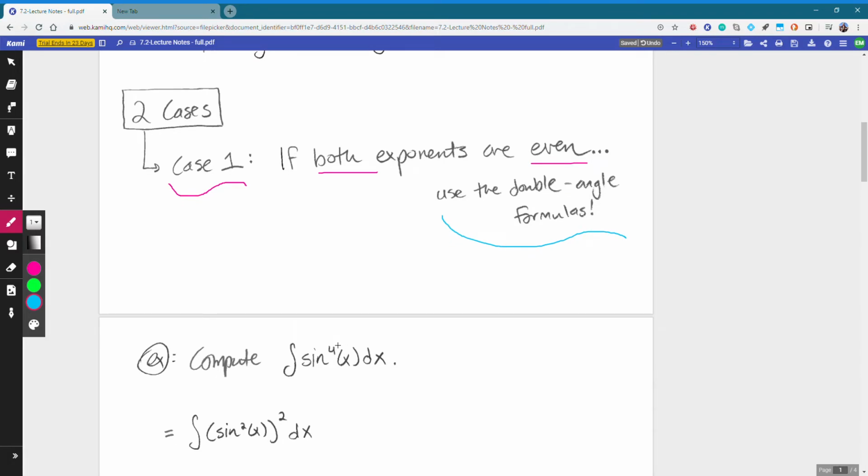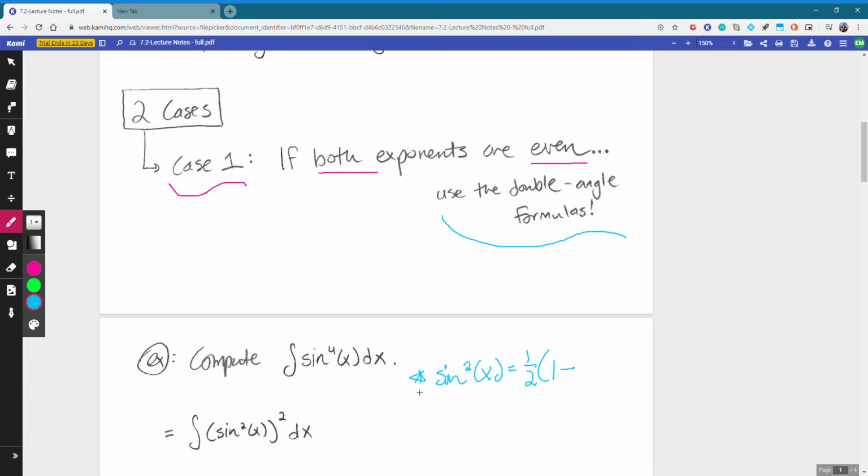All right, so here's our integral. Sine to the 4th, no cosine here, but notice each power that we see is even, and so we're in this situation. Our double angle formula doesn't involve sine to the 4th, it involves sine squared. And so our first step,